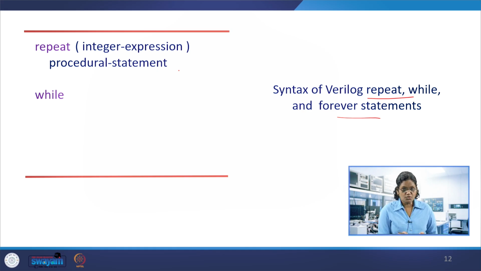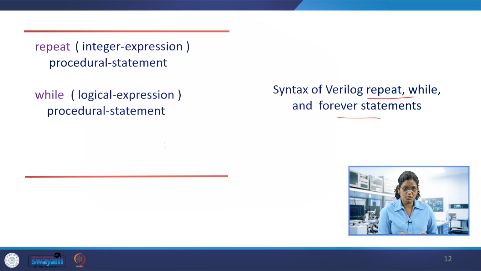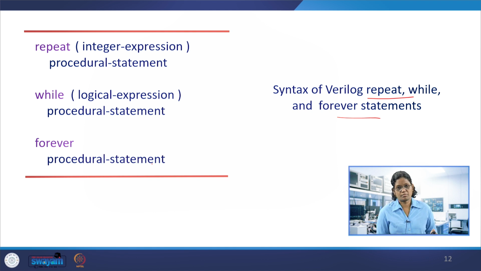And then next comes the while loop with a logical expression: what is the condition at which the while loop should be executed? While logical expression, procedural statement. This is the syntax; within the brackets is the logical expression, whereas here it's an integer expression. Forever loop: forever, and then the procedural statement that should be executed.